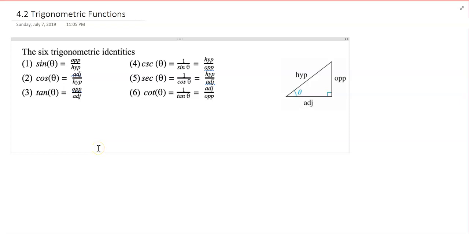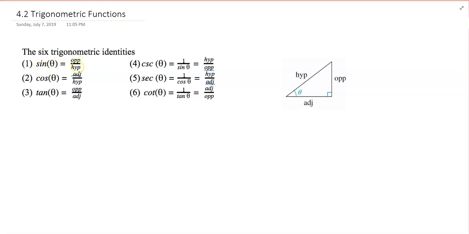Hello everyone. Today we will discuss the unit circle, the definition of trig functions, and the fundamental trig identities. If we have a right triangle with an angle theta defined, the opposite side to theta, the adjacent side to theta, and the hypotenuse of the right triangle, we can define 6 trig functions or trig identities as